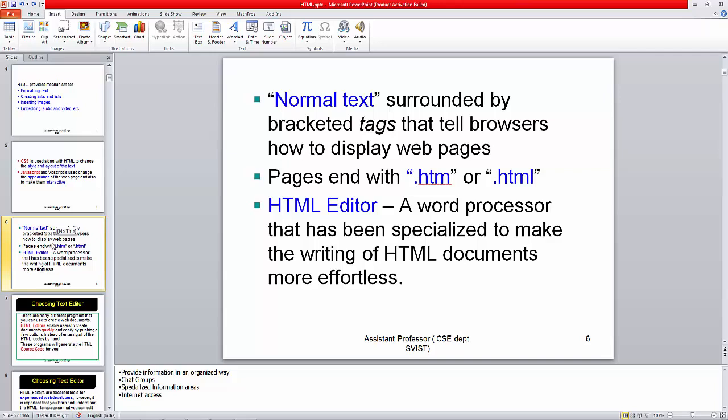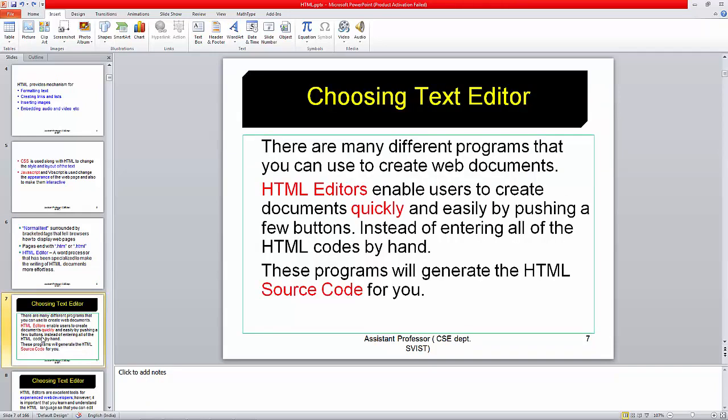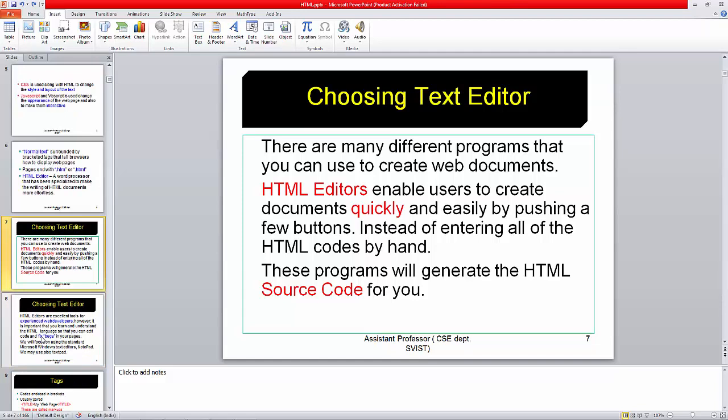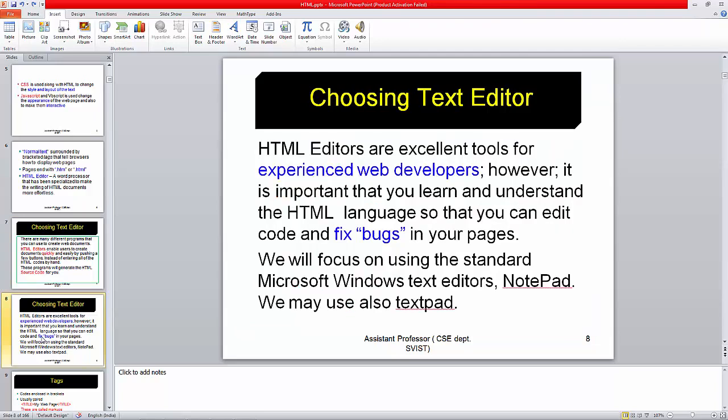Mainly, editors are present for HTML. So HTML editors are present, and here it has also been written that when we do the job in projects and all those things, we should not use Notepad. But now we will try to use only Notepad. This is because when we become an experienced web developer, then it is right, okay. But now we are in a learning stage.